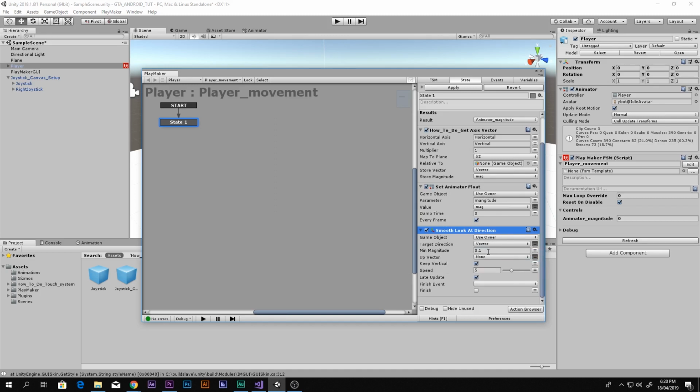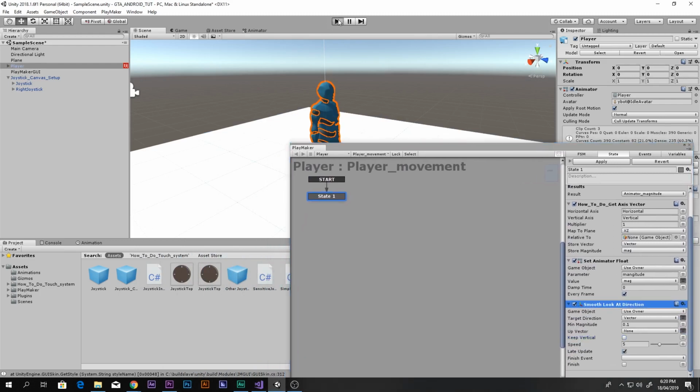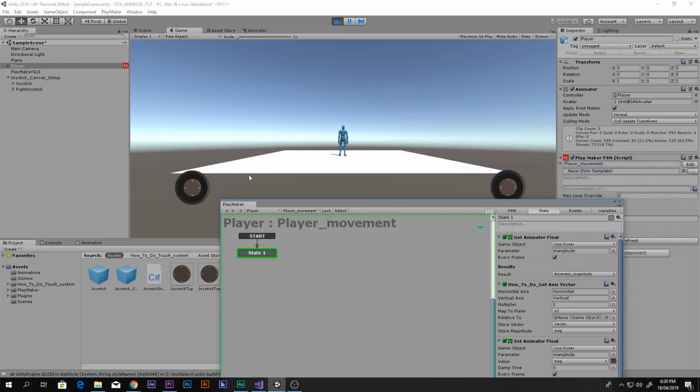Minimum magnitude, we don't need to do anything with that. Keep vertical, I don't know what it is. We can fix it later. I don't know what it is actually, sorry. Late update, I don't know. We can just play the game and see what happens, right? Believe me, that's the best idea. Okay, so is it working? Oh yes, it is. So as you can see, the player is rotating in the direction which we are